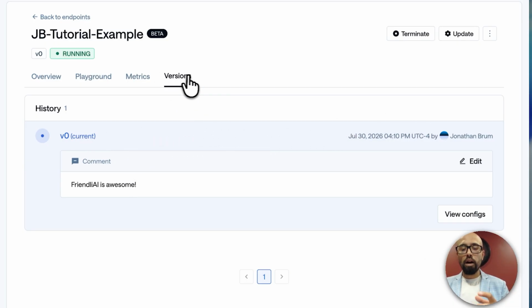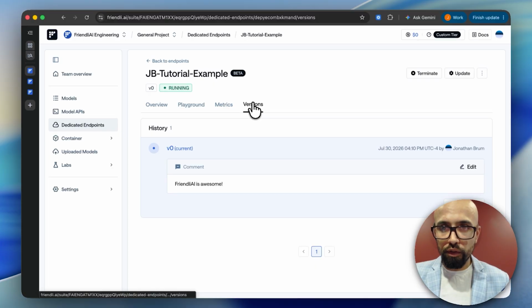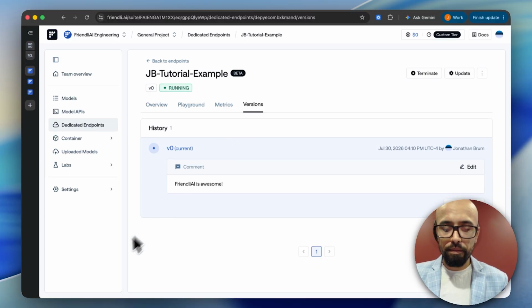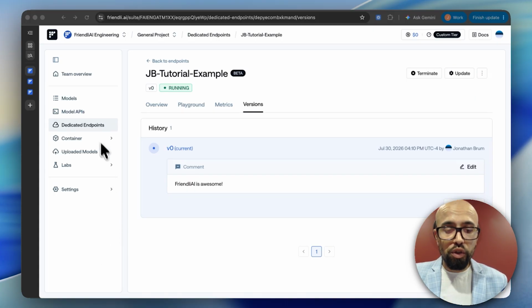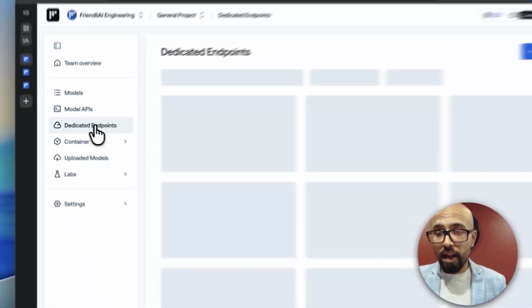But you can see a more expanded view of those notes and version histories here in that version tab. And finally, let's touch on how to wake up a previous dedicated endpoint after it has either been shut down manually or it has been shut down after an elongated cooldown period and you have something like a 0 min replica count. So to do this, we're going to, on the left-hand side, click again on dedicated endpoints,